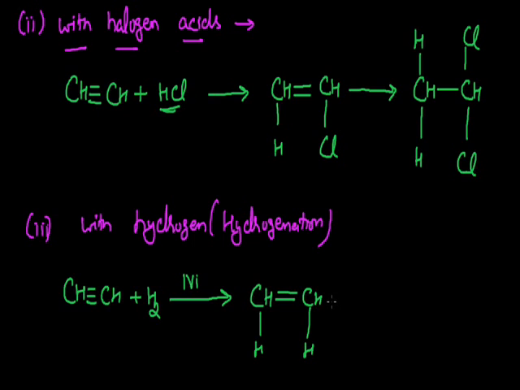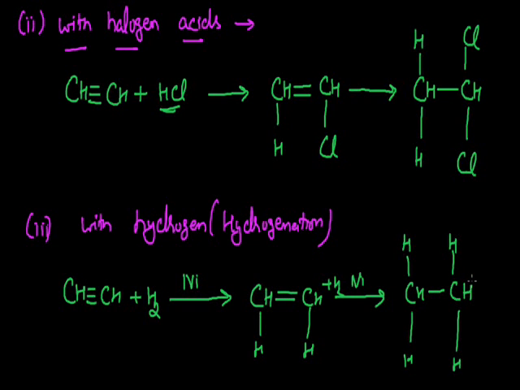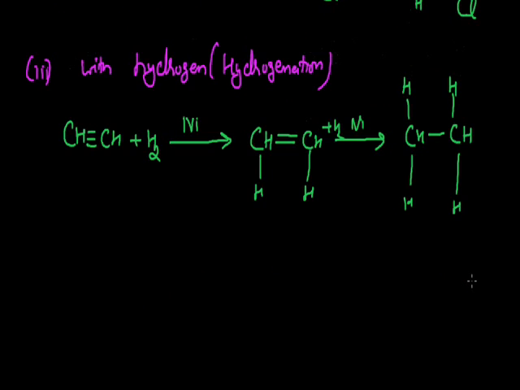Instead of this, if we go for the complete hydrogenation, finally this molecule will again go for hydrogenation in the presence of nickel catalyst, and the final molecule will be CH3 connected with one sigma bond to another CH3 group. Initially they both had one hydrogen atom each, and now they will have one more hydrogen atom each by the sigma bond. So that is the formation of ethane, as we have seen that by the hydrogenation of this ethyne, finally we can get the molecule of ethane.